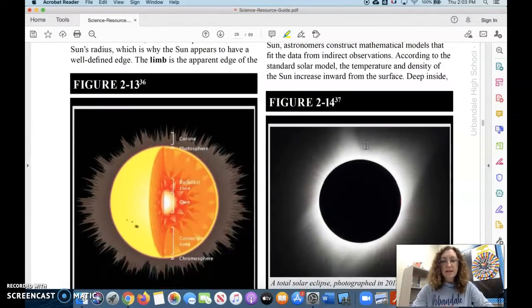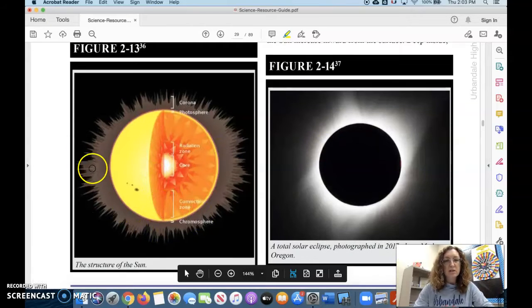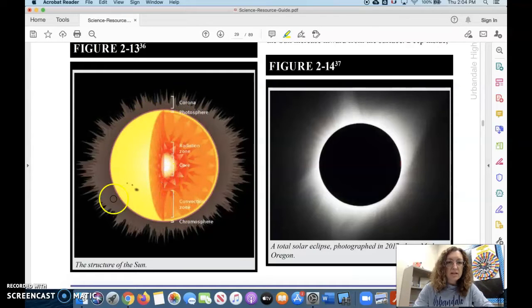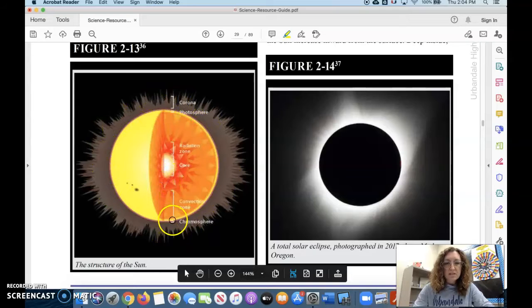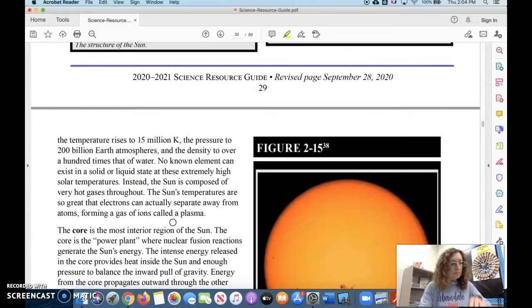So here we have some kind of interesting pictures of the sun. Figure 2-13 is really boring in your resource guide, but if you can look online, it's kind of cool. So here's the photosphere, and here's the bulk of the sun, but there's all this other stuff, the corona out here, and then the chromosphere is this little layer right here that you can't see, or we can't see. All right, so going down to page 30,